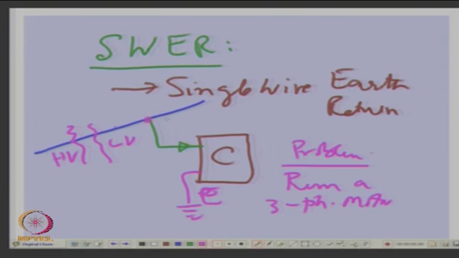Because this will be at 230 volts, 50 hertz, that will be okay for your house to run your fan, your refrigerator, your other domestic loads, but the same wire